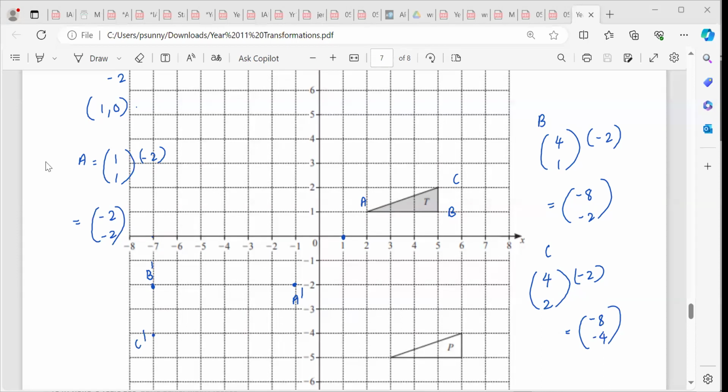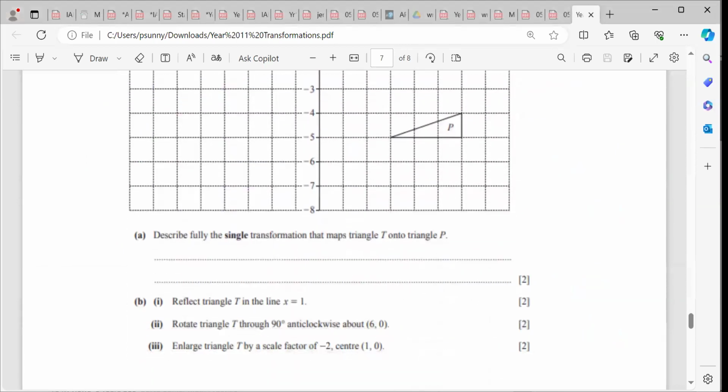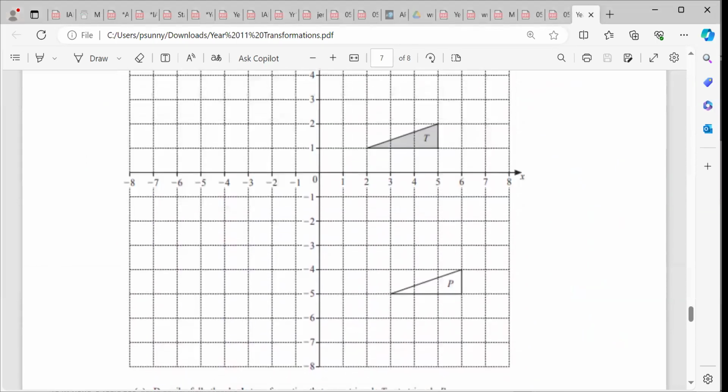Now we just have to join them using a straight line. This will be the enlarged triangle here. We're done with this worksheet, and additionally what I want to say is that if we have rotation, it is the